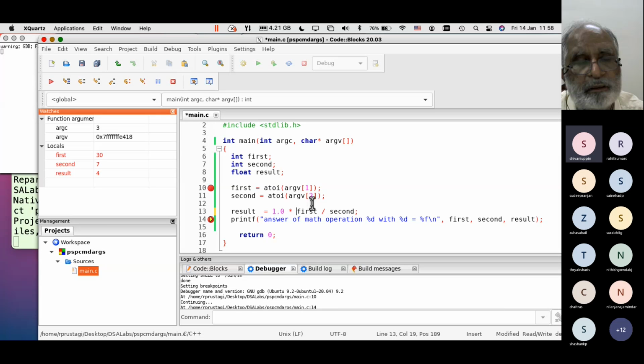Now this shows how to set the command line arguments. Again, project, program, argument values, play with it.